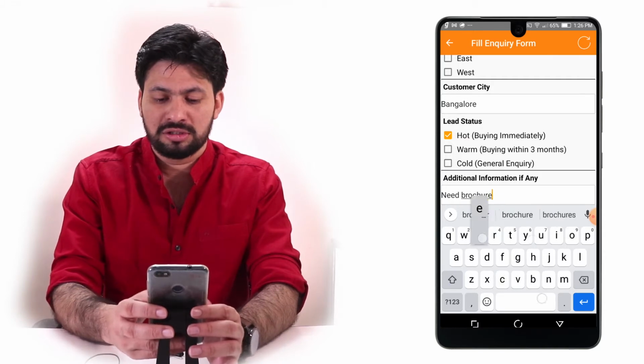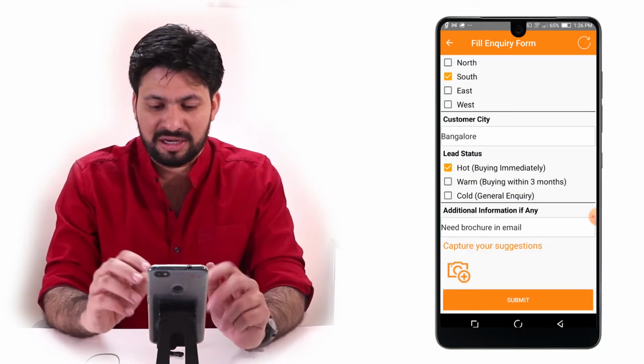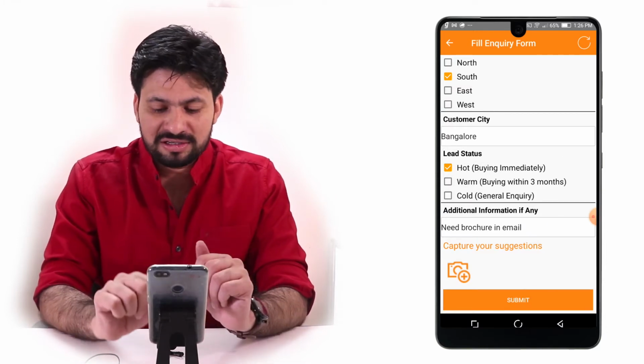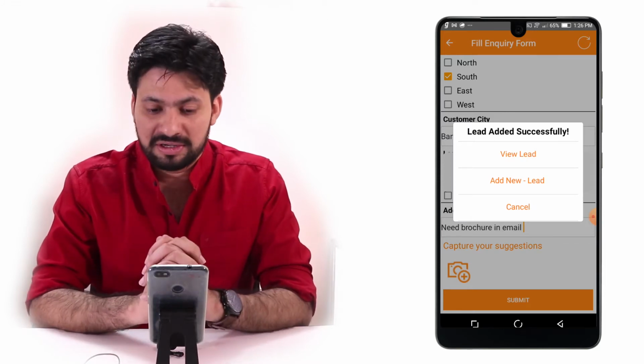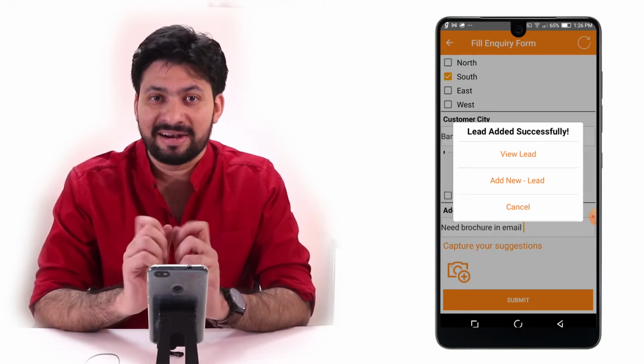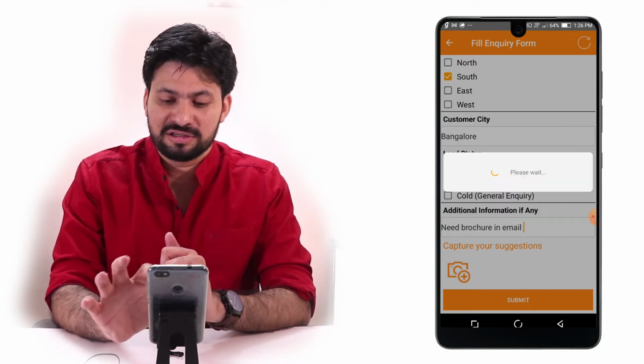Need brochure in email. Right? That's what customers might ask you, right? Once all that is done, you click on submit. The lead is being submitted, and now it also says lead added successfully. So to do that, on the top you can see it says view lead. So click on view lead,